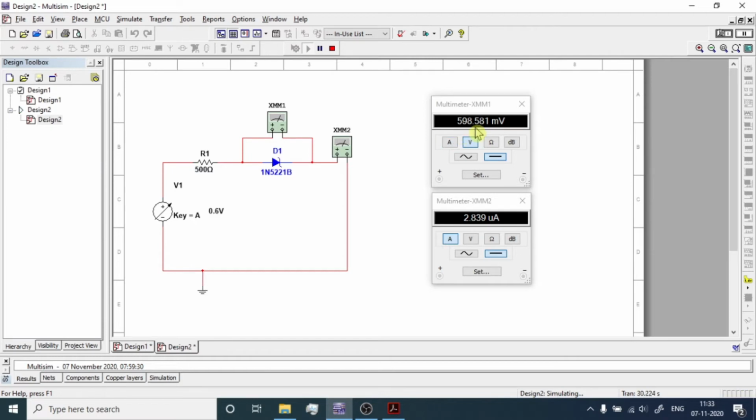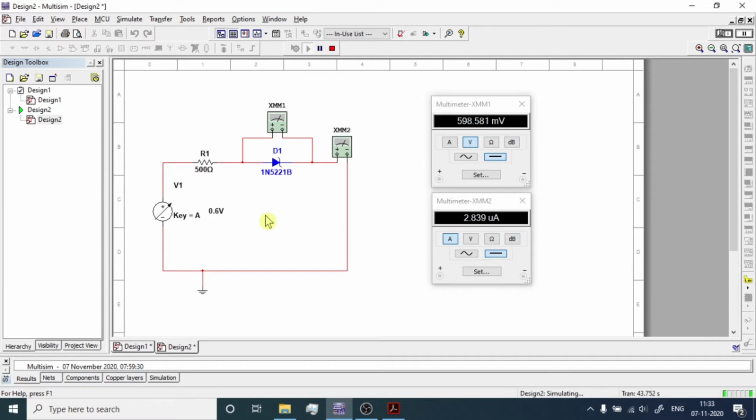It's 598 millivolt. But see the current, the amount of current has increased almost 1000 times. Before, the current was in the picoampere range, but now it is in the microampere range. So now the current has started to increase, right?